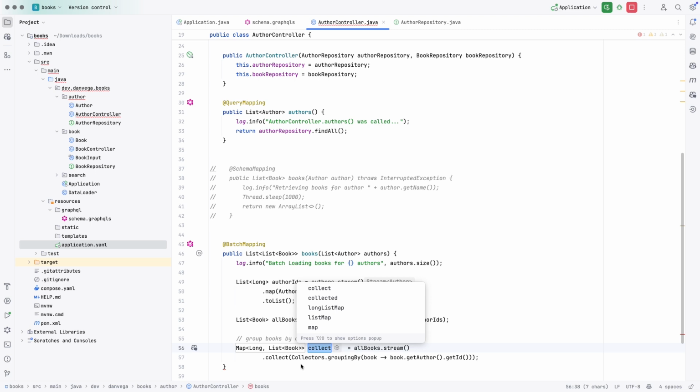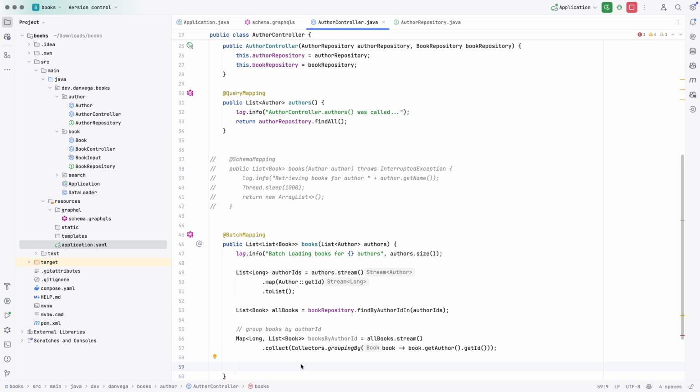So what we'll do, that is going to return a map of a long and a list of books. Call this books by author ID. Yep. Okay, so we're almost done. Now what we can do is just return